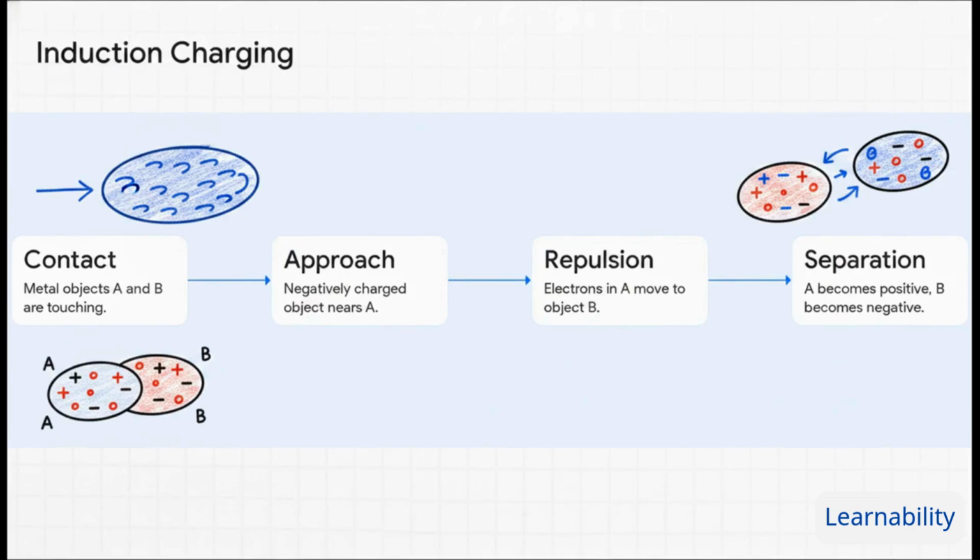Let's see how this builds in a real induction scenario. First, imagine two conducting metal objects, A and B, physically touching each other. Next, we bring a highly negatively charged object close to object A, but we don't touch it. Because like charges repel, the negative electrons inside object A panic. They slide away, migrating right over into object B. Finally, while that invading object is still hovering nearby, we physically separate A and B. The result? Object A has been drained and is positive, while object B has trapped the electrons and is entirely negative. A complete transfer without a single drop of direct contact. It's almost like a magic trick.